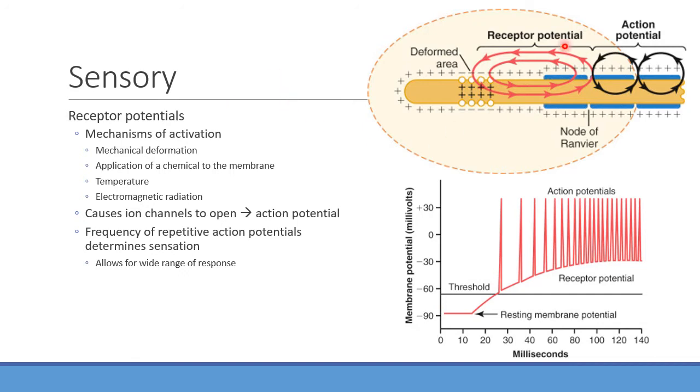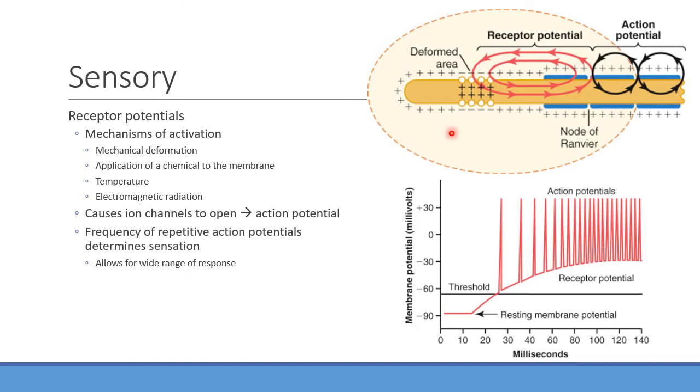So you can imagine here say a free nerve ending, located within the skin, say in the epidermis. And so what you're going to find is depending on the type of neuron that we're dealing with, the type of sensation it's going to be responding to, you're going to usually have these action potentials that are going to start to fire off. And that's going to send that stimulatory signal up to the spinal cord, and usually up to the brain, where it can then be processed from then on. And depending on how often these action potentials are firing, how frequently they are, can really dictate how big of a signal we're going to be getting essentially.